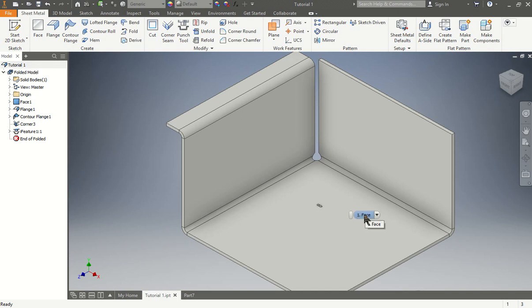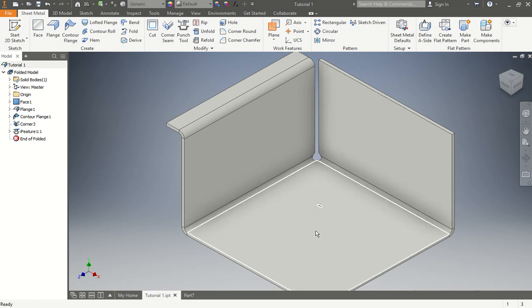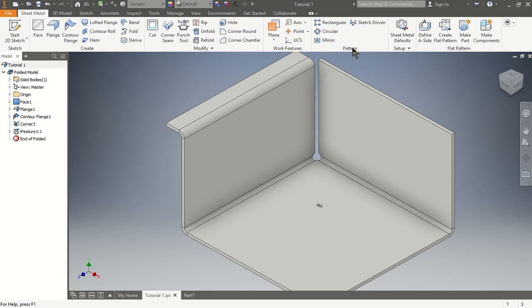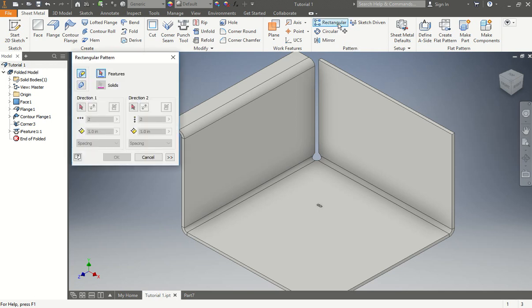Once that is done, what are we going to do? We're going to pattern it across so we can have multiple little holes going across. We could go back to our sheet metal, like we've done before, our pattern, and we're going to go to a rectangular pattern right over here. We're going to select our piece. So actually, before we do our piece,